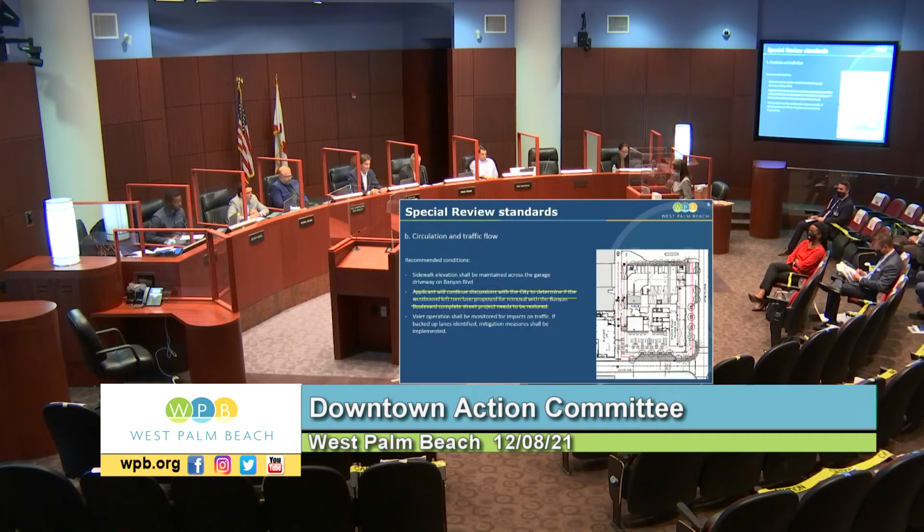The third condition for the special review is the valet operation shall be monitored for impacts on traffic, and if any impacts are identified on the flow of traffic on Olive Avenue or Banyan Boulevard, the applicant shall implement certain mitigation measures. We left this condition general at this point. The applicant will be working with the traffic engineer to include a more specific list of how the monitoring will occur and how the mitigation will happen,